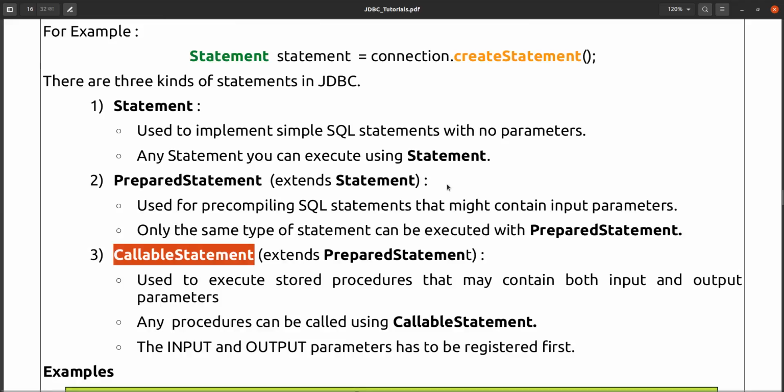Third one is the callable statement. Callable statement is also a subtype of prepared statement, but a callable statement can be used to execute a stored procedure. What is a stored procedure? A stored procedure is nothing but a function in your database, just like how we create a function in a Java program.